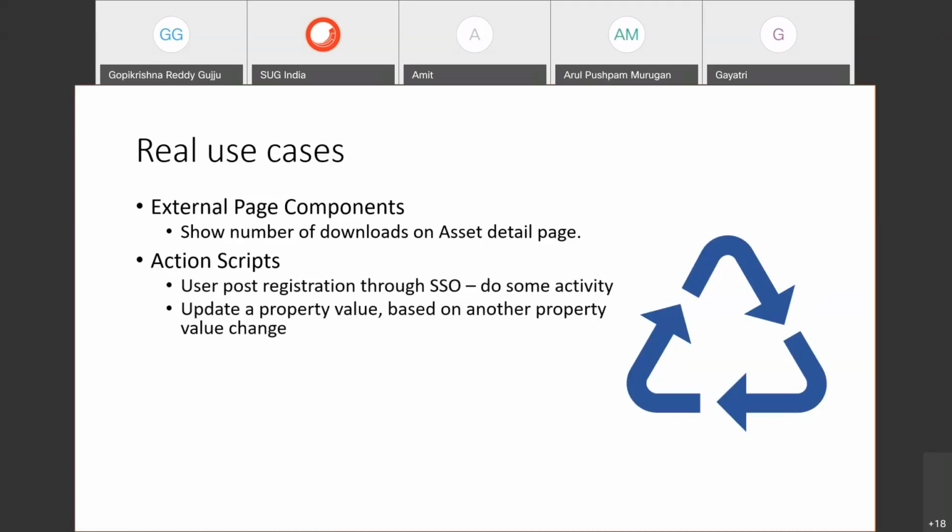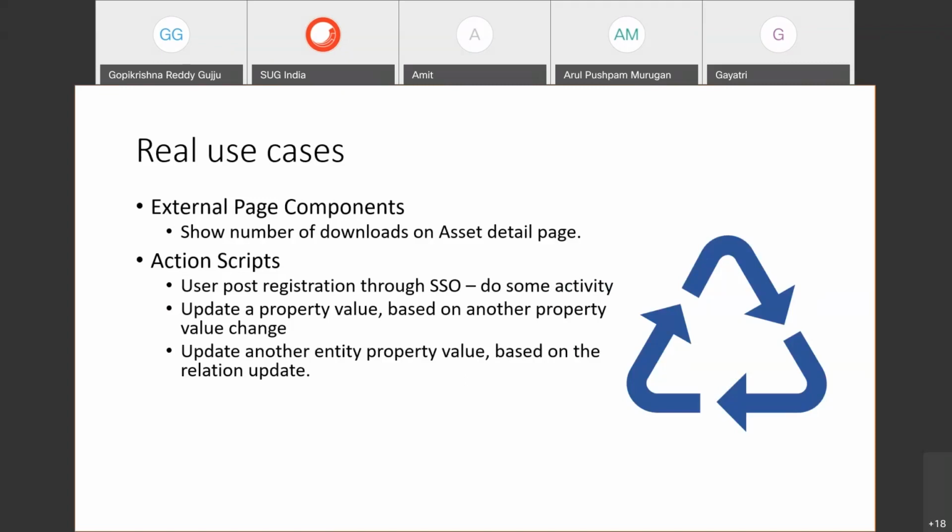And next is pretty common: update a property value. You have multiple properties, and based on one property value change, we need to calculate or process something and update another property value. And update another entity's property value based on a relation update. We have two entities in place.